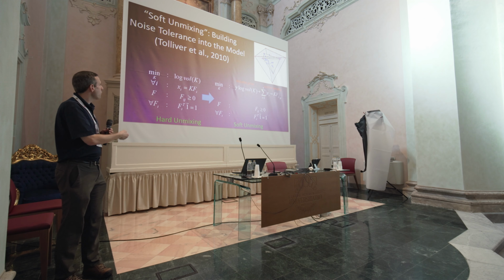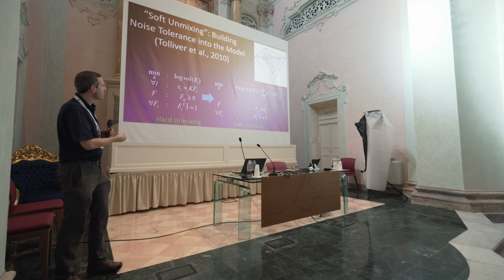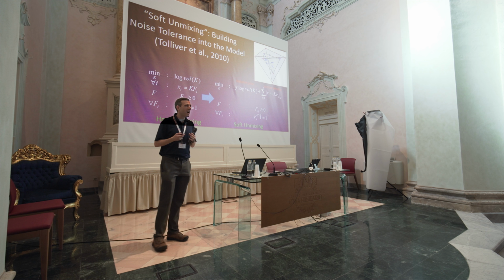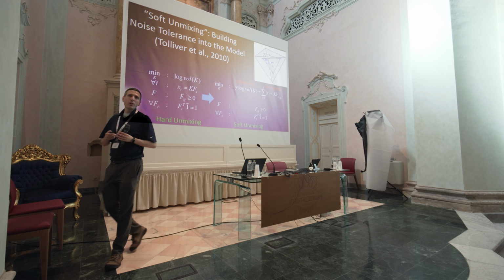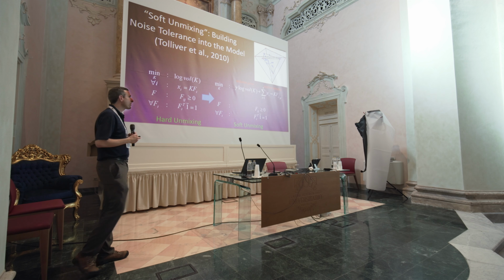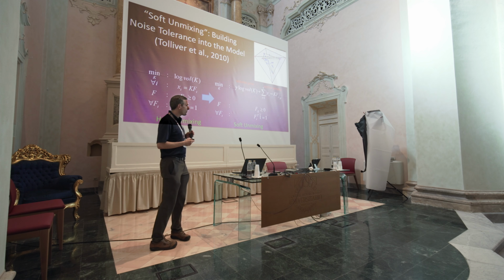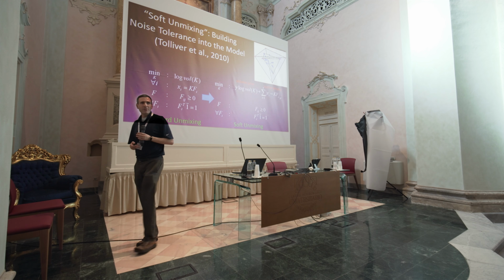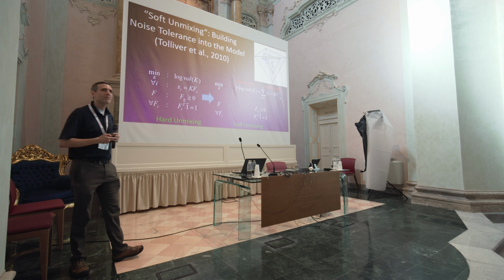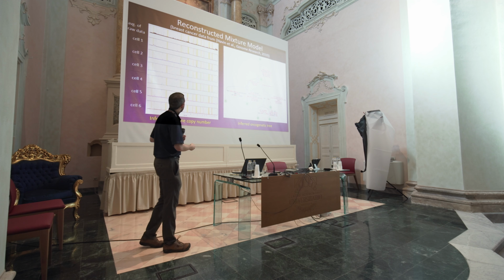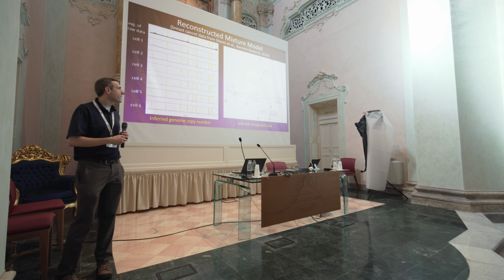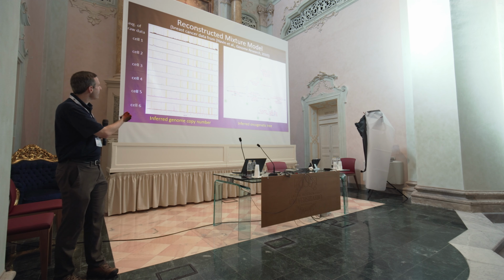You need to solve what we ended up calling a soft rather than hard unmixing problem, which basically means try to figure out the kinds of noise you get in genomic data, build some tolerance for that into the model. That ends up leading to some significant improvements in accuracy, and really led to, for us, some of the first methods that were really useful for deconvolving some of these data and building phylogenies from deconvolved data. This was an early version of this from our work some time back, from an even earlier data sets.